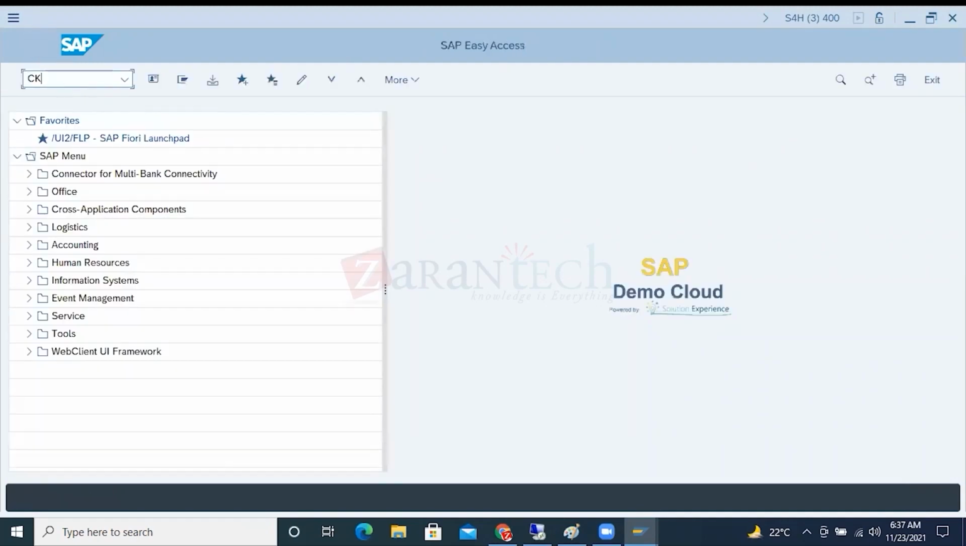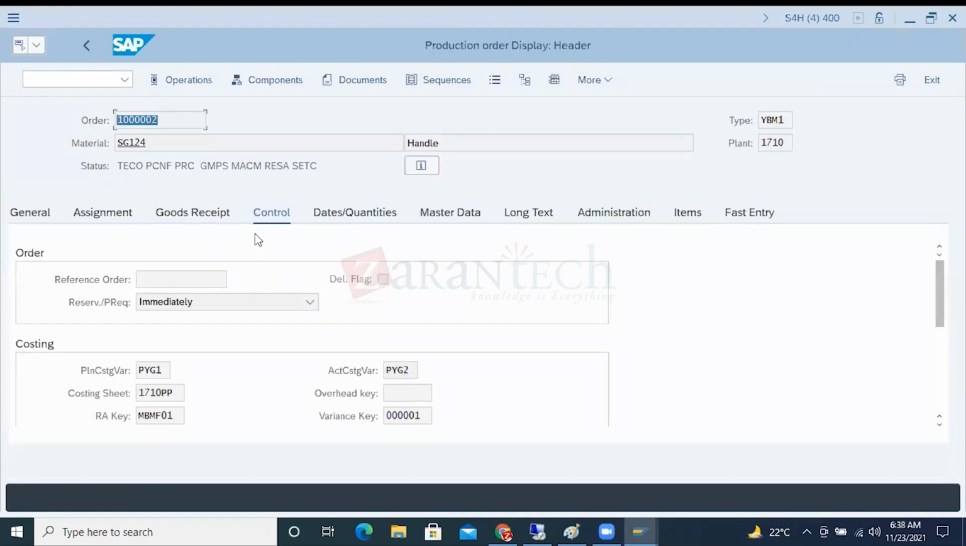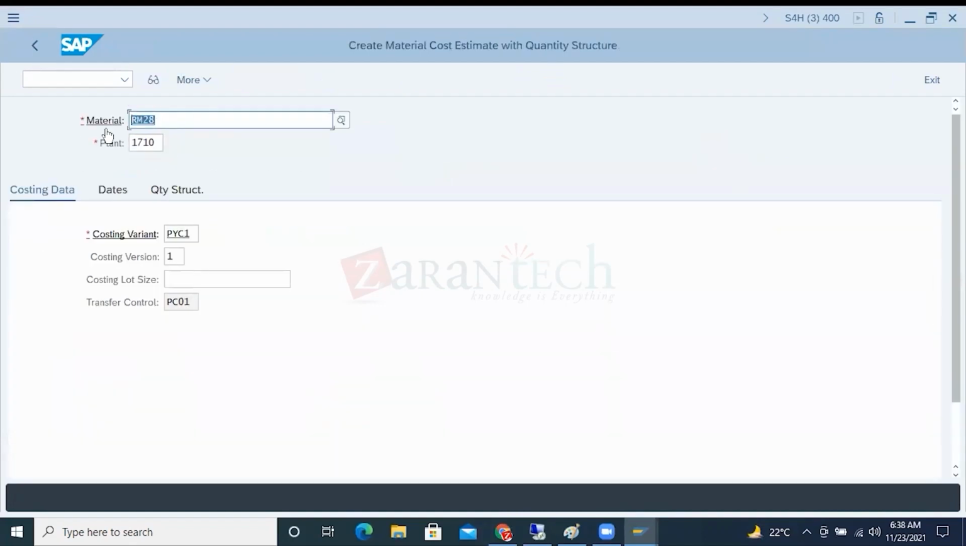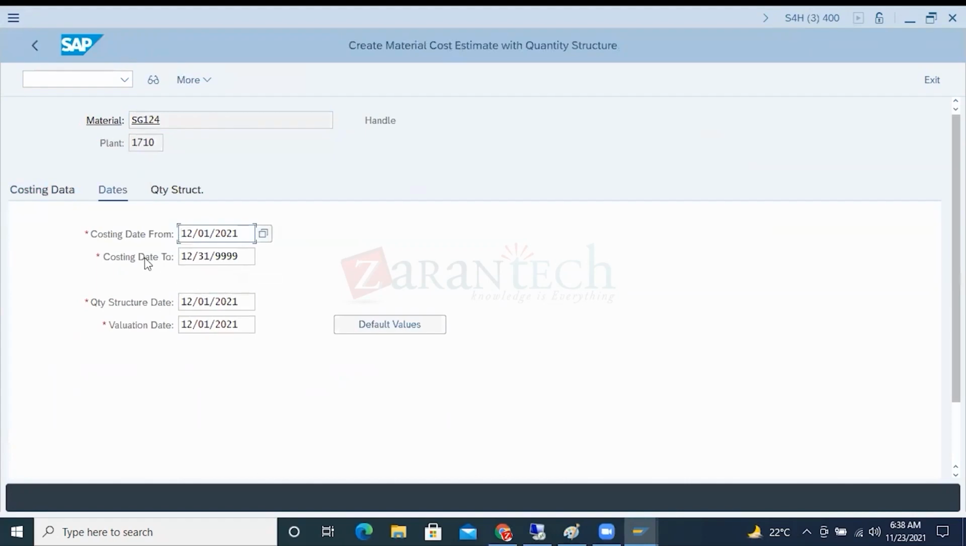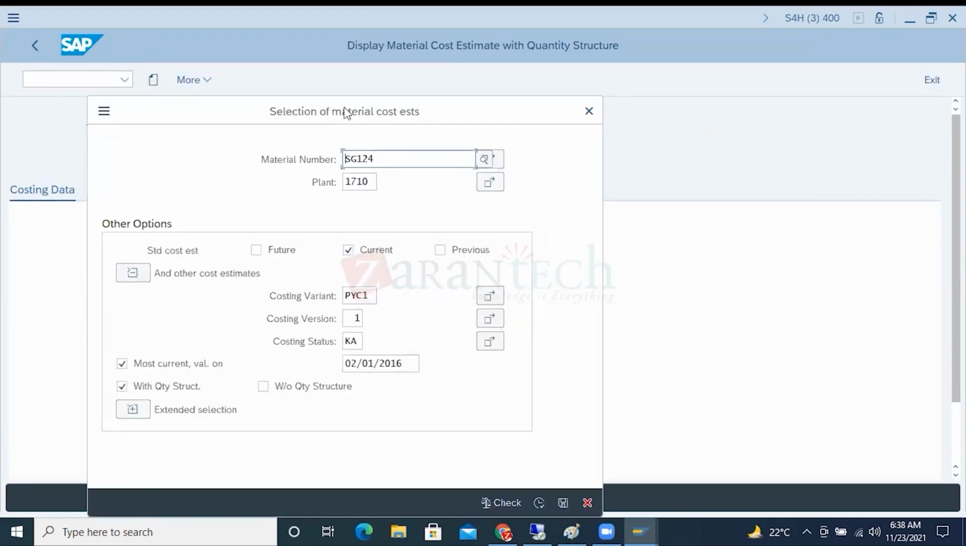So if I go to CK11N for the individual material, for example, I'm using this material. Very, very important. Okay, this is the material. When you're running it, you give the run date and the end date, for example December 1st to December 31st, very, very important. If I go to the Oreo, this is what I call the costing variance. If you click on the cost estimation,